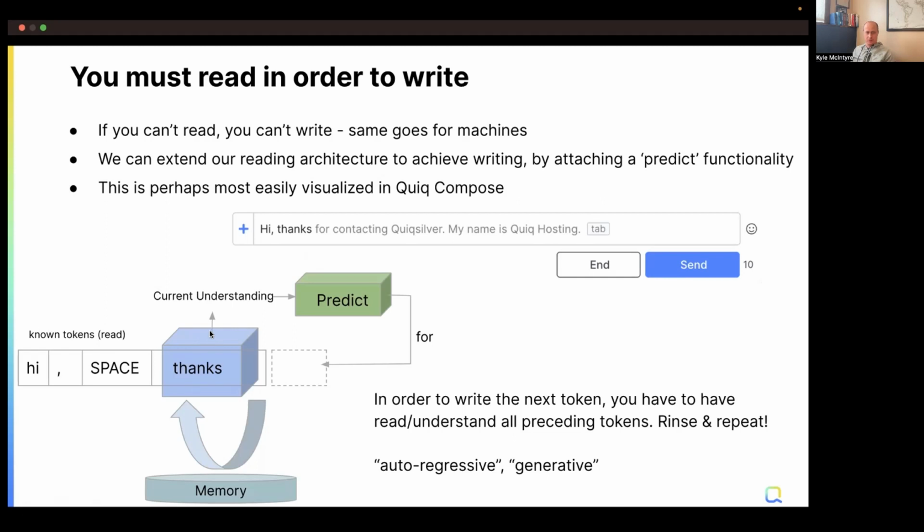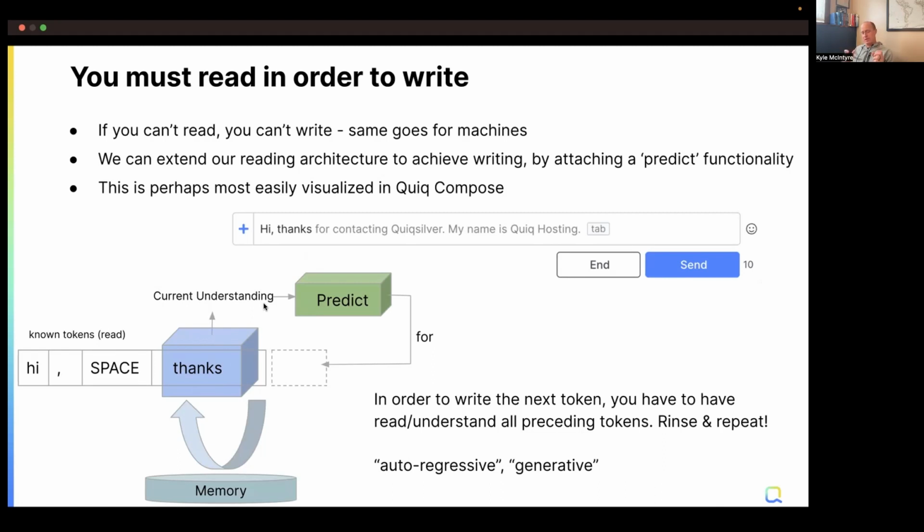Then in order to write, all we need to do is attach a predict functionality represented by this green box. That's essentially going to be another machine learning classifier, in the same way that machine learning can classify images as cats or dogs. Instead of taking an image as input, it's going to take the current understanding out of the reader module.